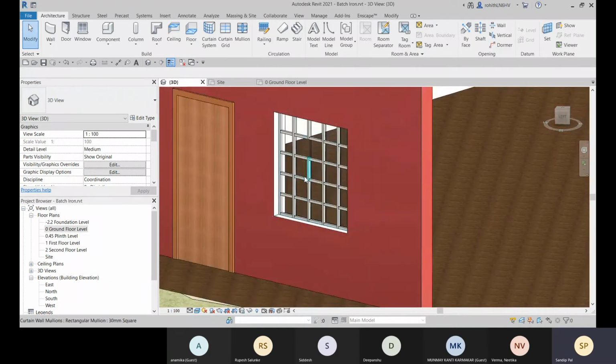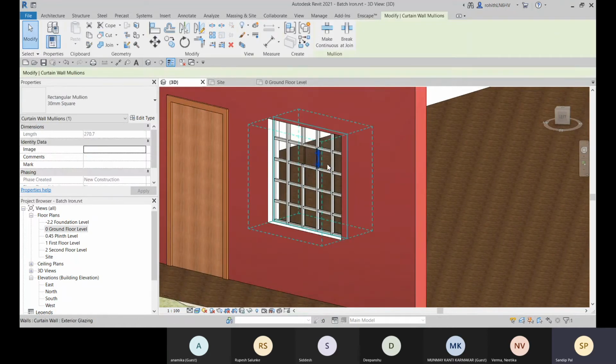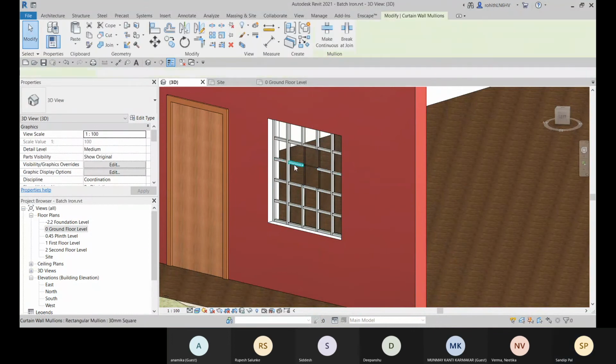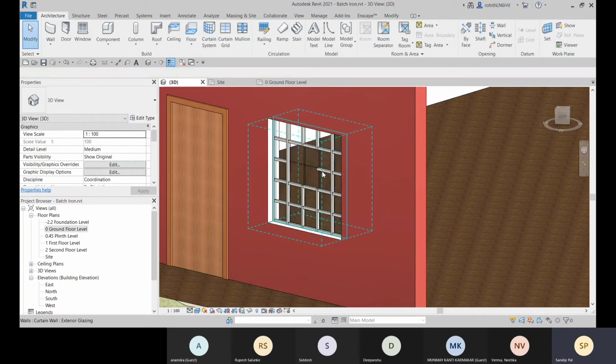Now if you need to remove that grid from here, let me show you that also. Let me delete these mullions over there. Here I will delete all these mullions. I can select all of them together, and then I can delete them. So let me just select.